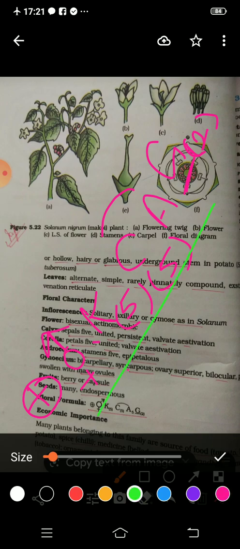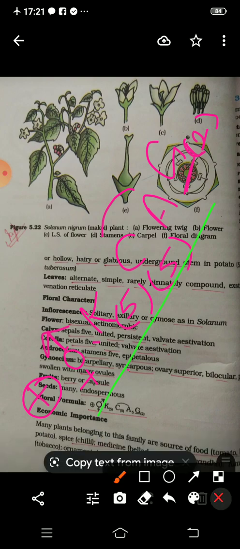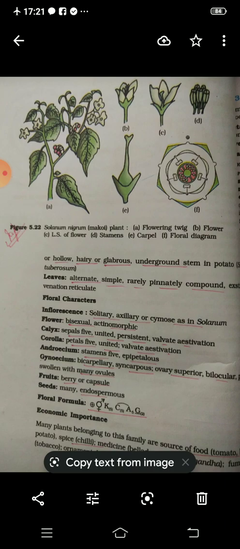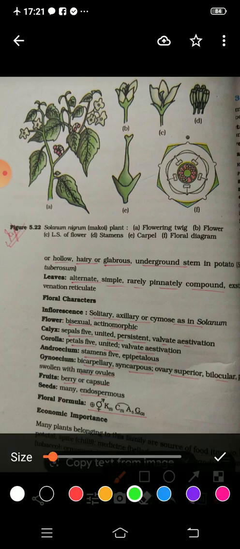Now with the help of this floral formula, students, you can draw the floral diagram very easily and very conveniently. Now see how we can draw the floral diagram. This is the floral diagram which is given over here, and for drawing of this diagram we have to draw first of all the mother axis. Mother axis means the place where your flower is attached, so we have made this structure. Then with the help of that floral formula which we have written earlier,